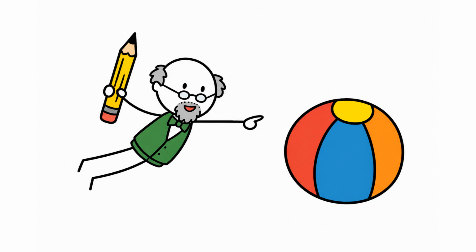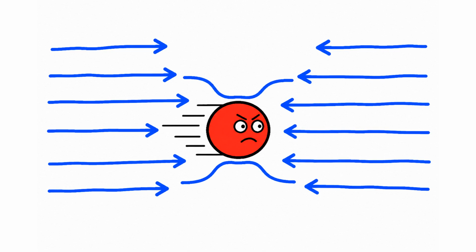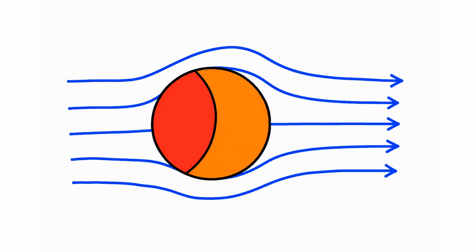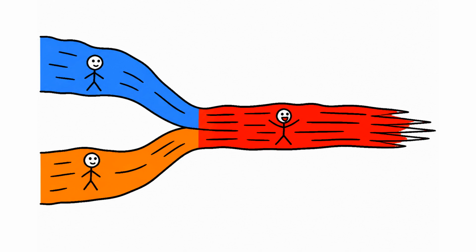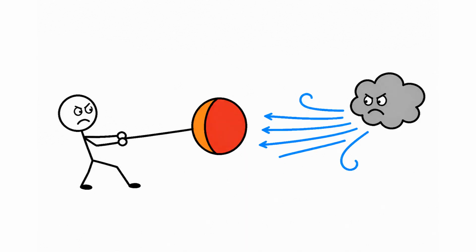Because the ball is racing forward, there is a wind rushing at it from the front, streaming past both sides. But remember, the ball is also spinning, dragging its little skin of air around in a circle. Now look at one side of the ball. On this side, the air the ball is dragging happens to be moving in the very same direction as the oncoming wind. The two flow the same way, so they add together, and the air on this side goes rushing past faster.